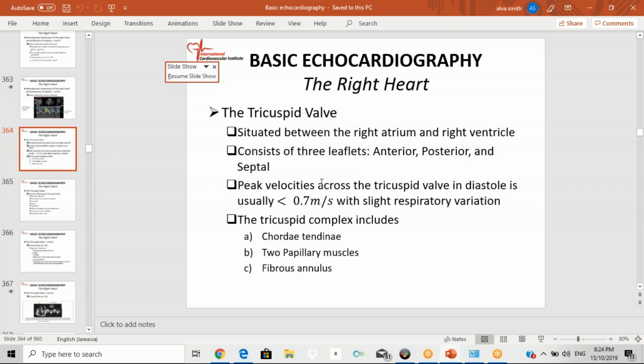Usually the velocity across the tricuspid valve is less than the velocity across the mitral valve, and you get respiratory variation. One important thing to remember is that for things occurring on the right side of the heart, you tend to get respiratory variation. So if they give you something looking like a TR or a MR Doppler envelope, the one that looks like it's varying with respiration is going to be the TR,